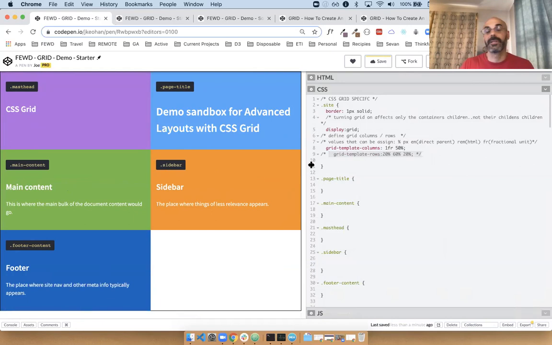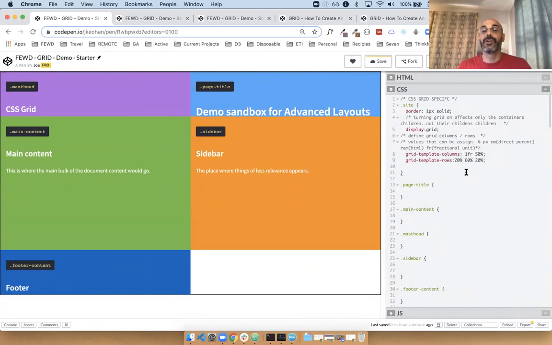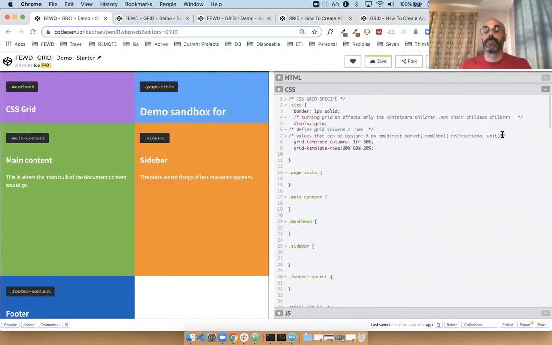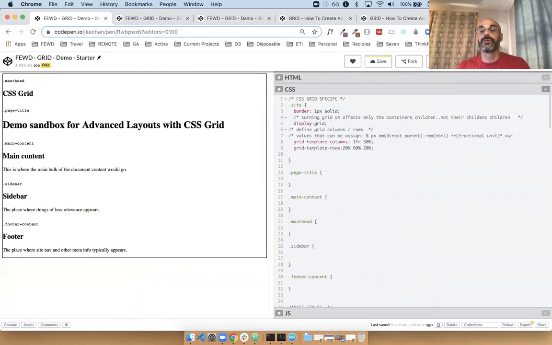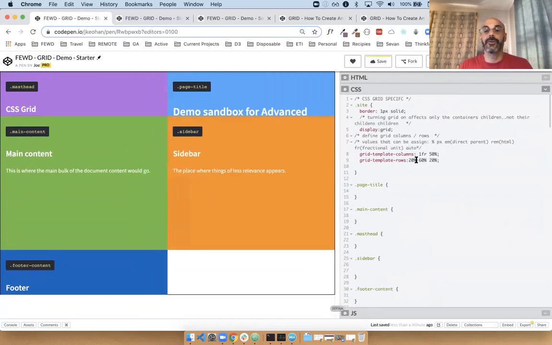Their width is just going to be decided on the fact that this one's taking 50% and this one's taking 50%, but their height was decided by their content. What we can use is another kind of keyword here, and I'm going to append it to the end of this, called auto. Now, the other value that I can set here is, watch, if I get rid of the 20%